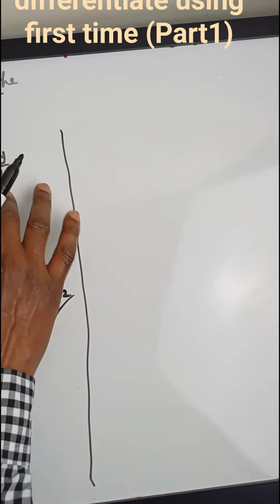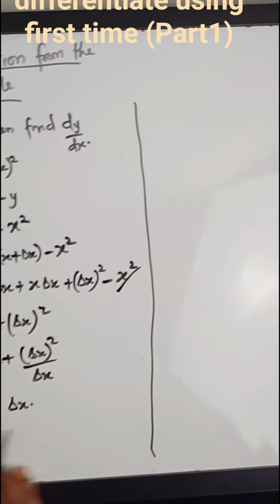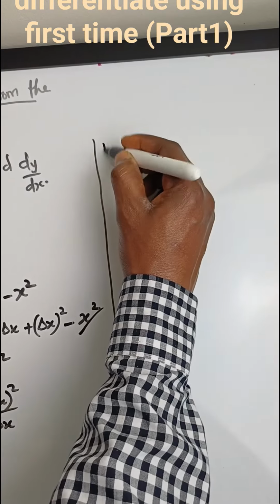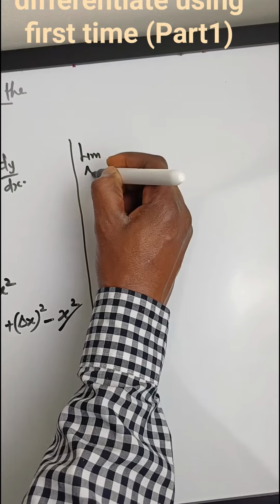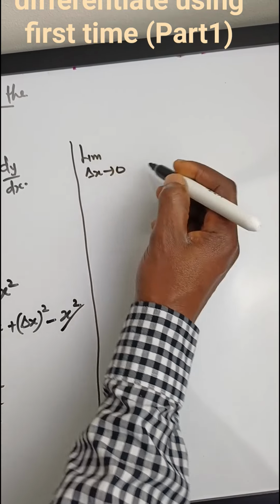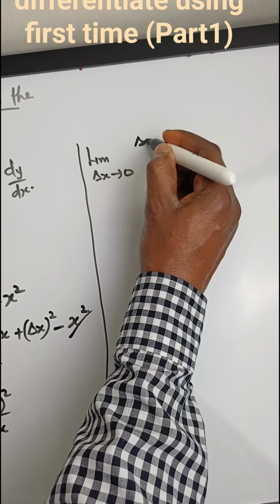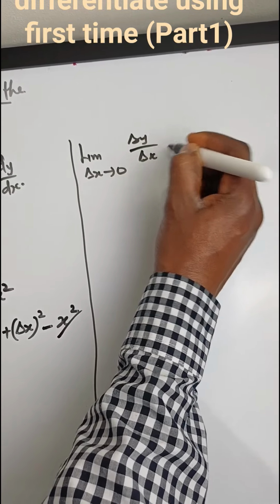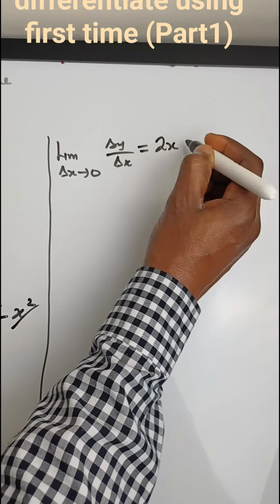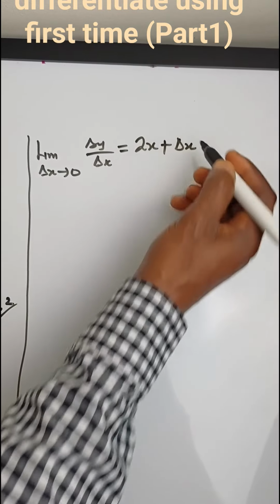Then to have dy/dx, you have to introduce the limits. So the limit as Δx tends to 0, Δy over Δx equals 2x plus Δx. Now let me